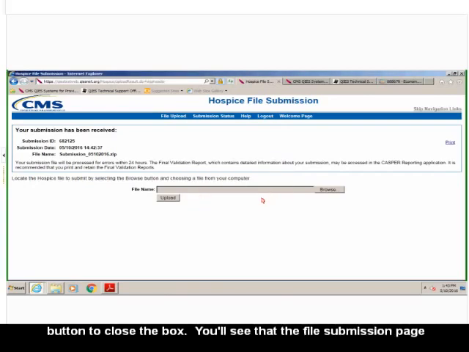You'll see that the file submission page then displays an online message confirming your file was received by the KEYS ASAP system. The file submission page also contains an important message letting you know that your submission file will be processed for errors within 24 hours. Once processed, the Final Validation Report, or FVR, which contains detailed information about your submission, can then be accessed in